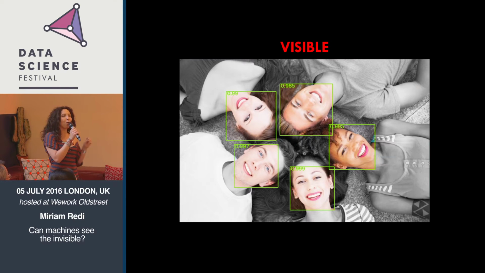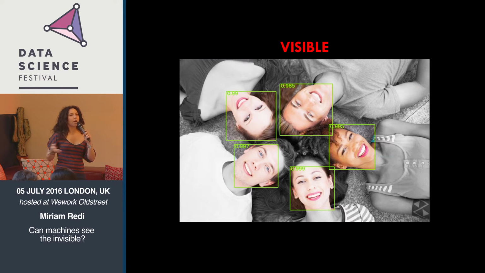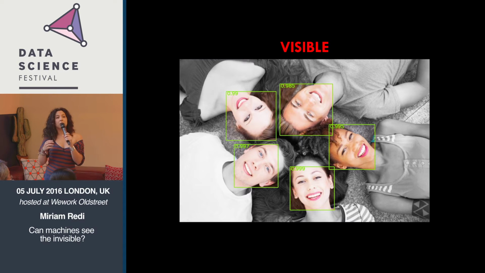So, computer vision systems nowadays are able to detect visible, tangible, nameable objects in visual data, such as, for example, faces, cats, guitars, etc. And actually, thanks to deep learning and recent developments in machine learning, we are now able to detect these objects with an impressive accuracy. And I can tell you that I did my PhD in computer vision, and after years trying to convince machines that birds are not airplanes and so on,